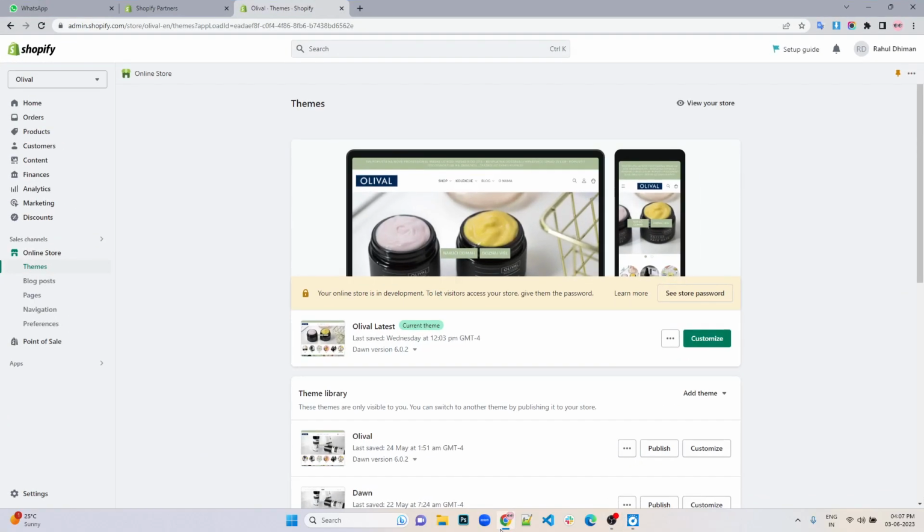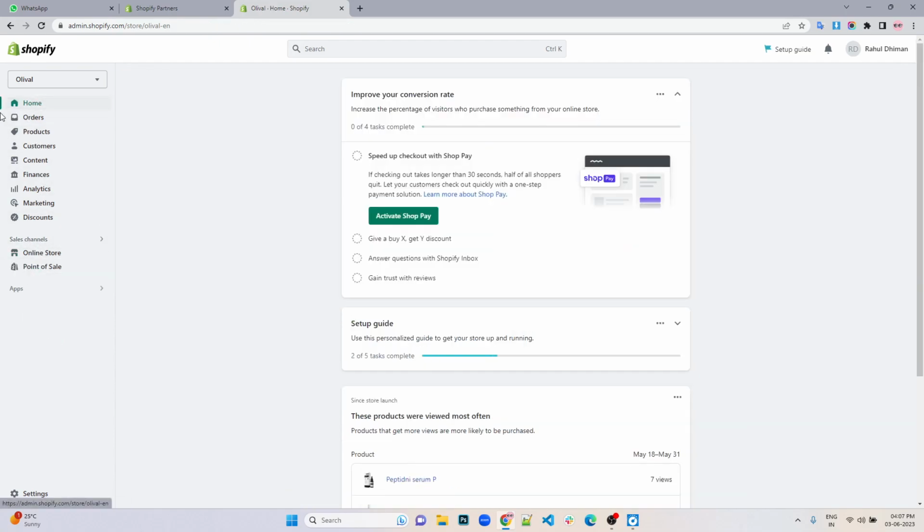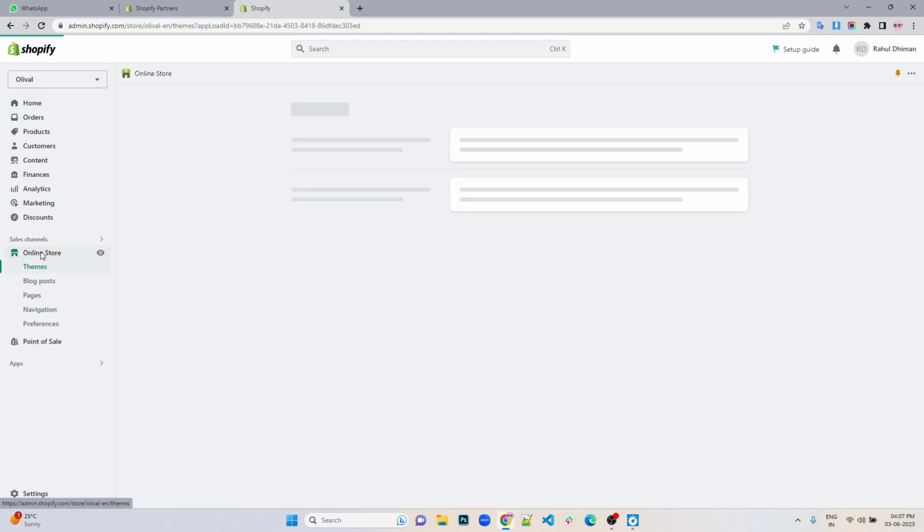So basically, this is a tutorial of how we can configure everything from scratch. So first thing is this is the theme. So how to go to this theme? You go to, it would open once you log in. It would open something like this, and then go to online store,